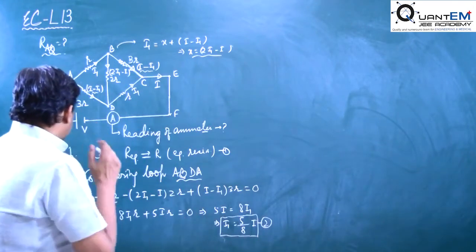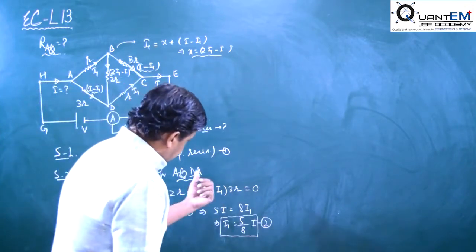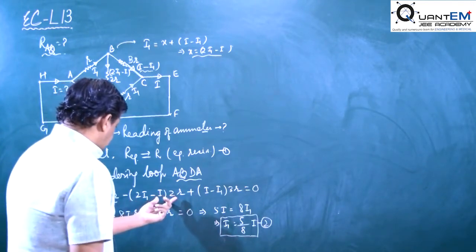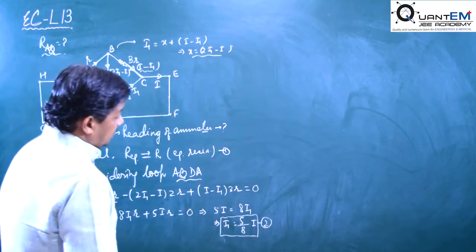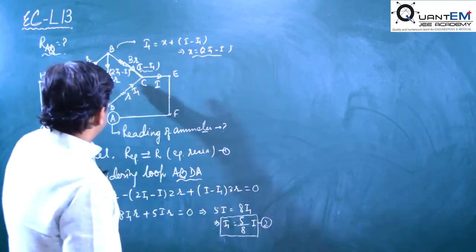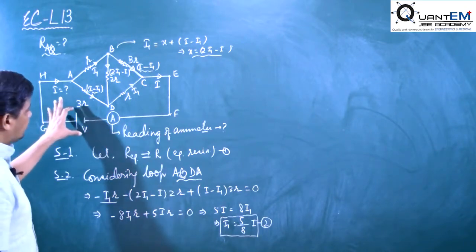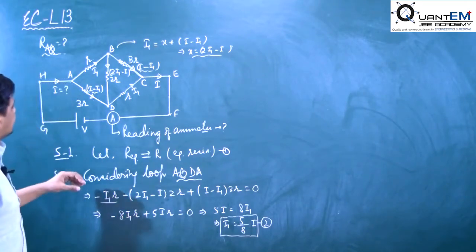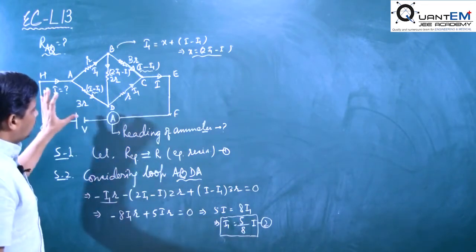I1R, 4 I1R, 3 I1R make 8 I1R, and 2 IR plus 3 IR is 5 IR. So we find the relation between I1 and I using this loop. Now we have to consider a loop with the potential, because we have to find an equation in terms of the potential and the supplied current. So we may take any one loop which has the source potential.